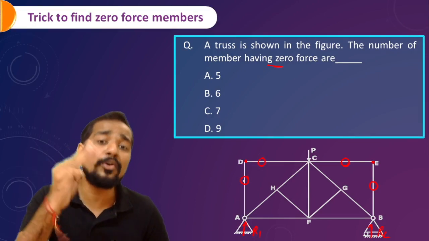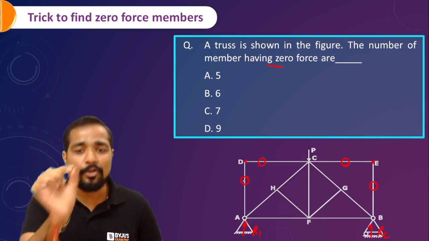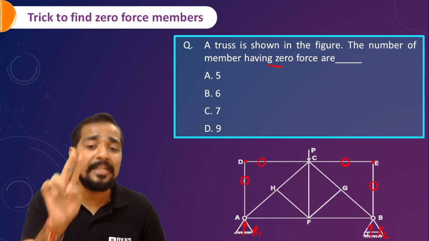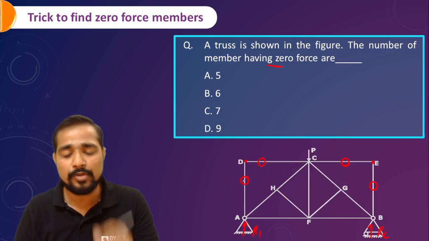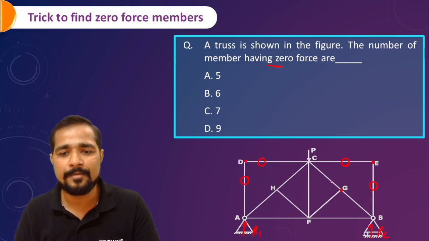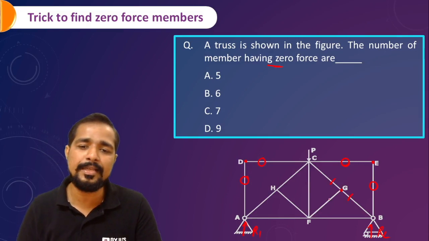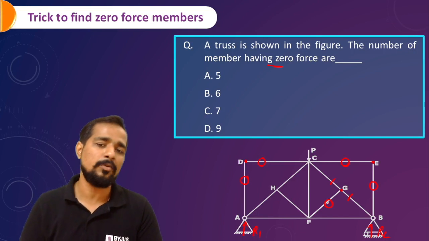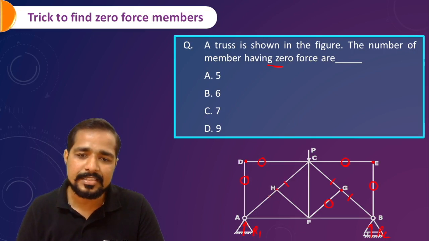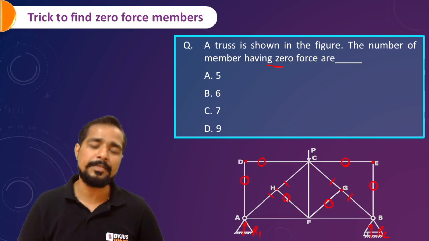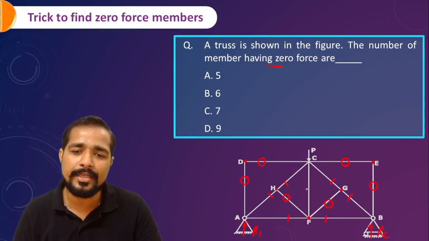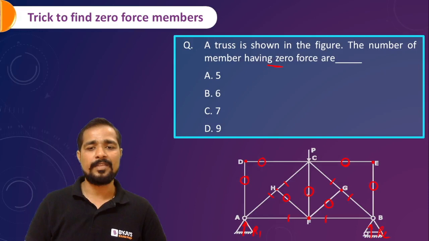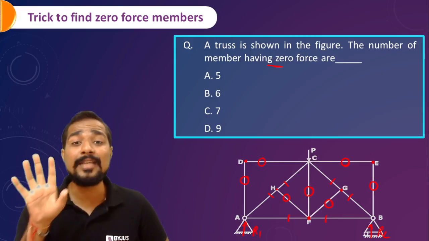Third, two are completed. Yes. Go for the three force members. And when you go for the three force members, you will check first of all the joint at which two are collinear. At any joint, yes, this one, this and this are collinear. This one will be zero. This and this are collinear. This one will be zero. Check this joint. This and this are collinear. This one will be zero. Correct? Now, again, the story does not end here.